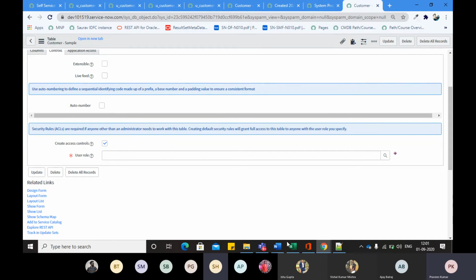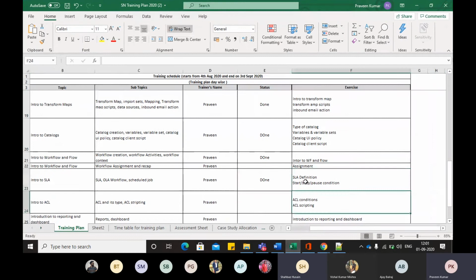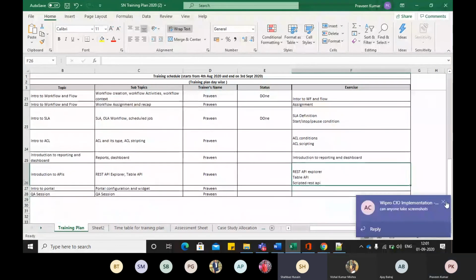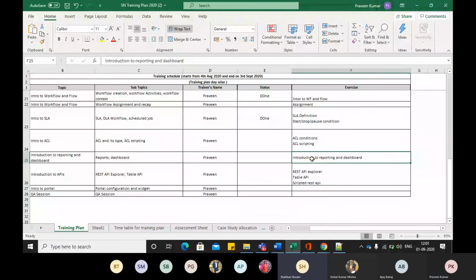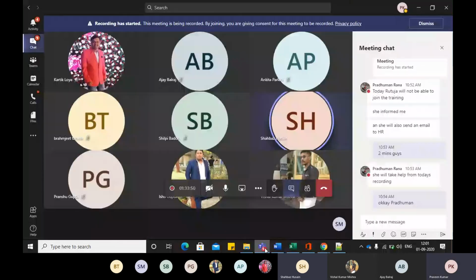Parveen, just a question. If we are extending the parent table and we have some implementation on the ACL, can we apply the ACL on the child table, or will we apply a different ACL on that?